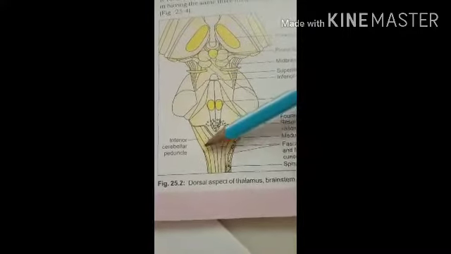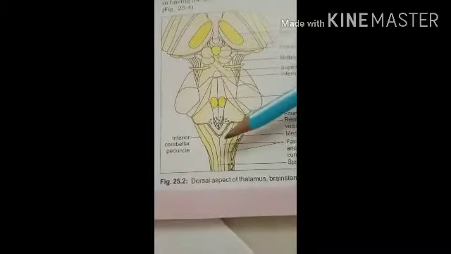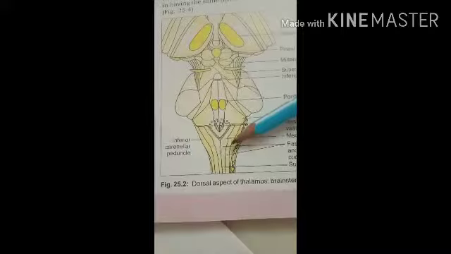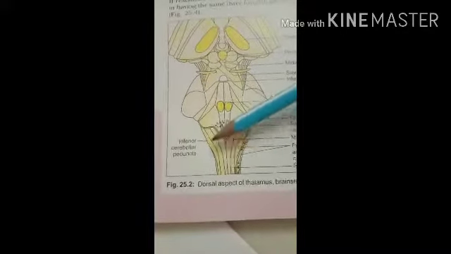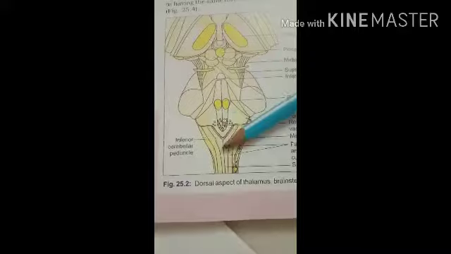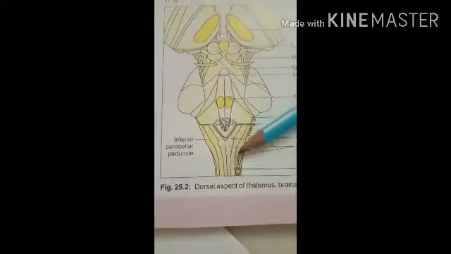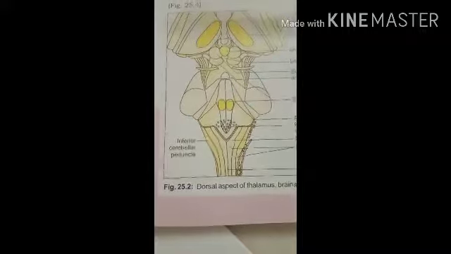On the medial side these two tracts are present, which is called the fasciculus gracilis, and on the lateral side the two tracts present are called the fasciculus cuneatus. Then the fasciculi end in rounded elevations called the gracile and the cuneate tubercle, which consist of gray matter called the nucleus gracilis and the nucleus cuneatus. So that should be seen during the TS of the medulla oblongata.